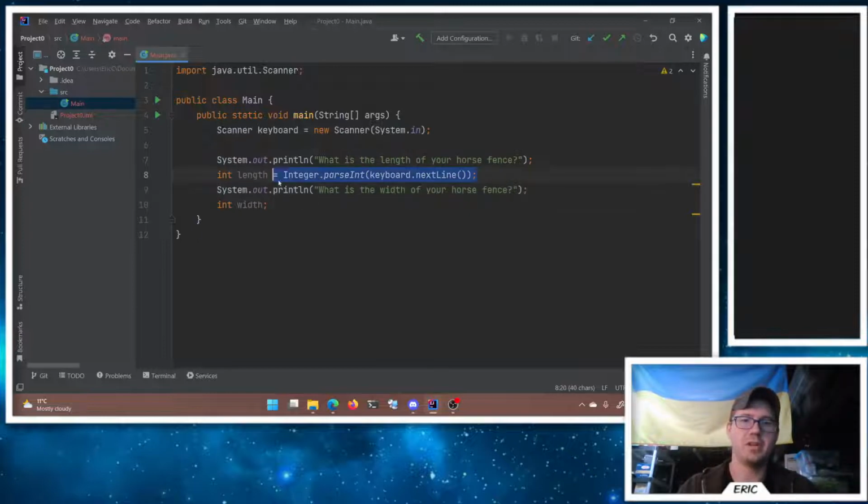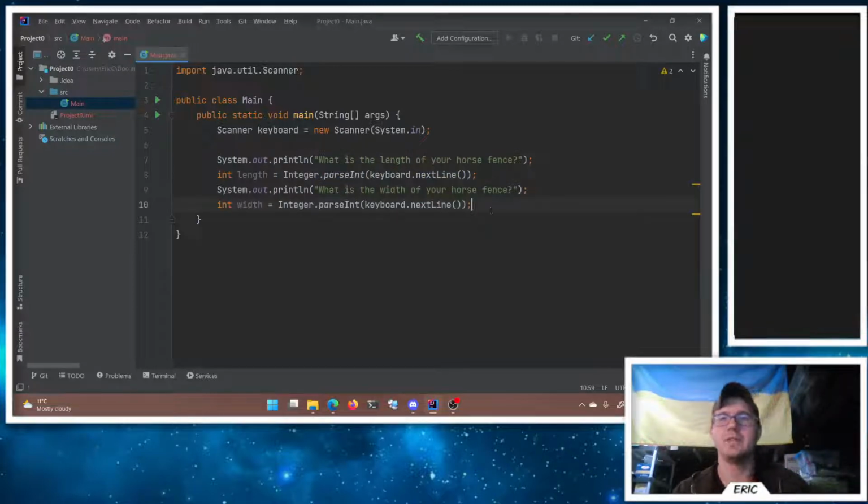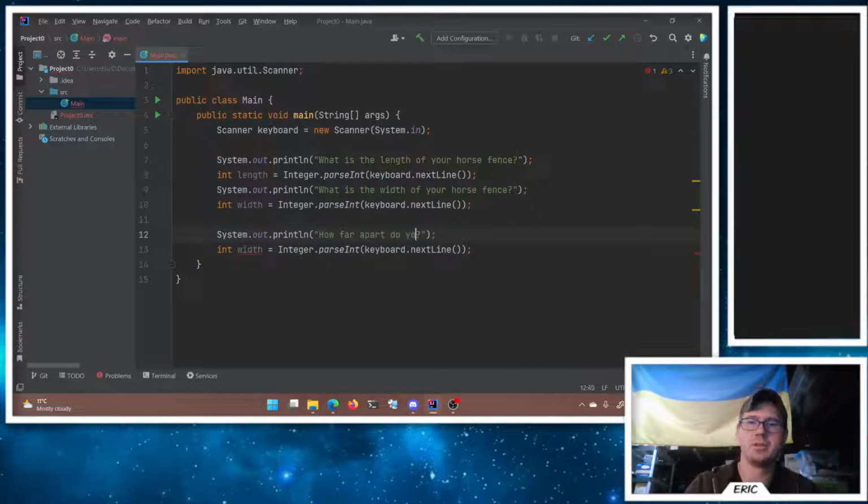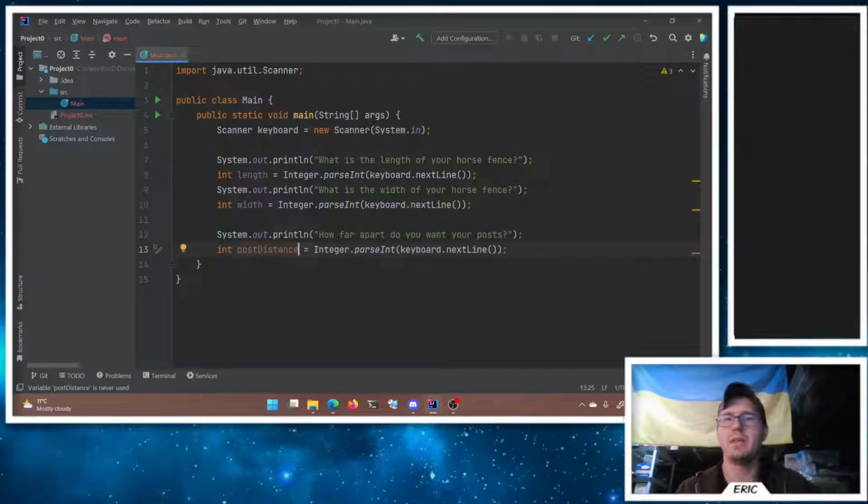And grab the same side over here. Great, so now we have a length, we have a width. Now we can ask them how far apart the posts want to be. So same idea here, probably an integer value as well. So how far apart do you want your posts, right? And then we'll get a post distance, or post gap, something like that, as an integer